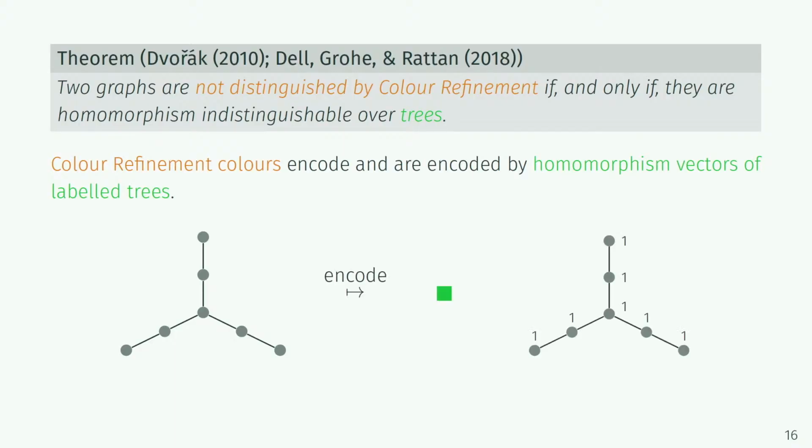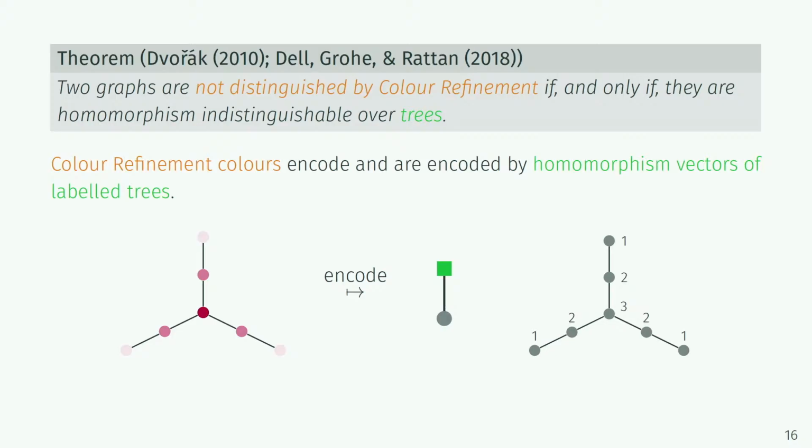So let's start with the simplest labeled tree. And so we are in the 0th round of color refinement. These are the original uniform colors of color refinement. This is a labeled tree, the simplest labeled tree with just 1 vertex. Here's its homomorphism vector. It's uniformly 1. And of course, the uniform 1 vector is encoded in the uniform gray vector. Okay. Now in the inductive step,